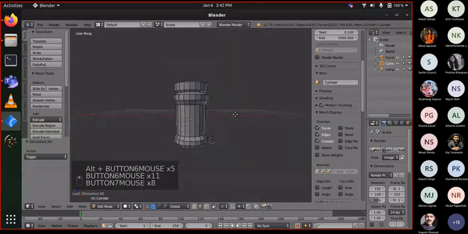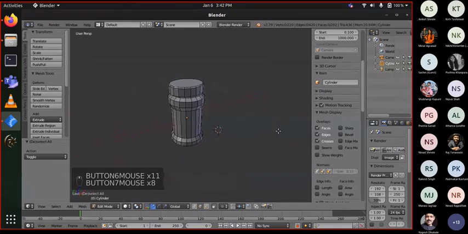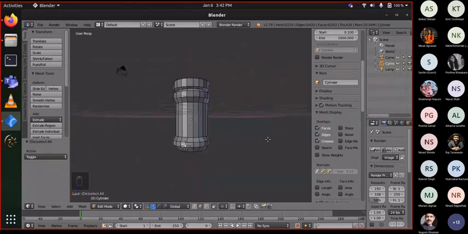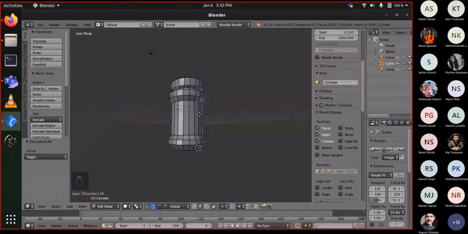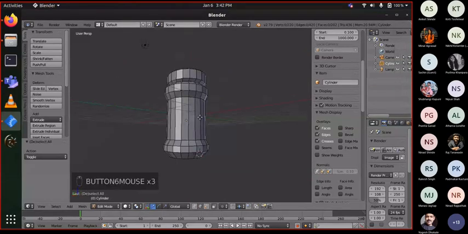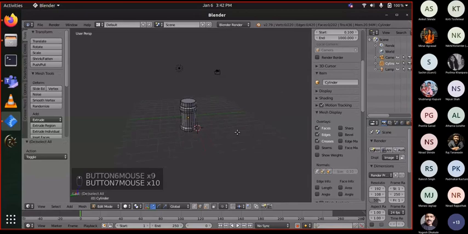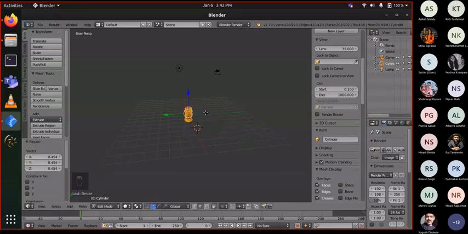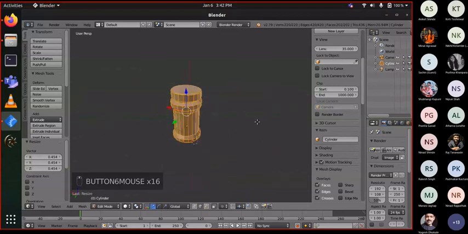So now what is the next step that we are going to follow? First of all, the object is scaled up too much. So we can reduce the scale a little bit so that it looks more like a real jar than a big huge container. Okay, so in this way we can design an object really quickly, and I think we have some time,